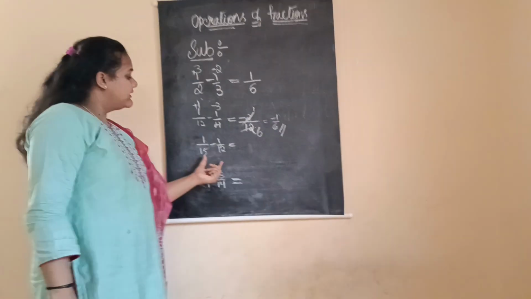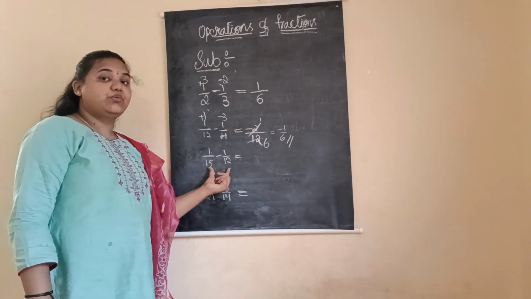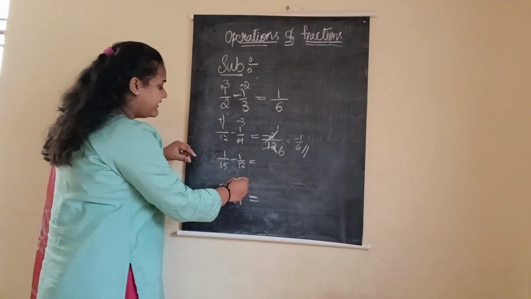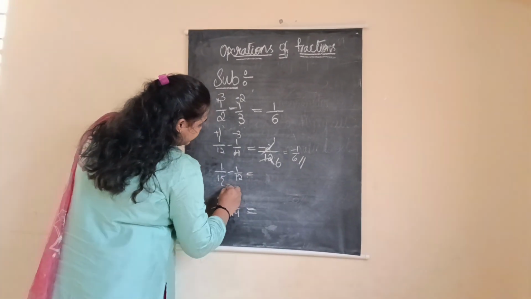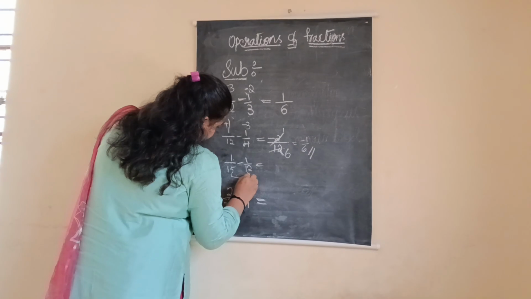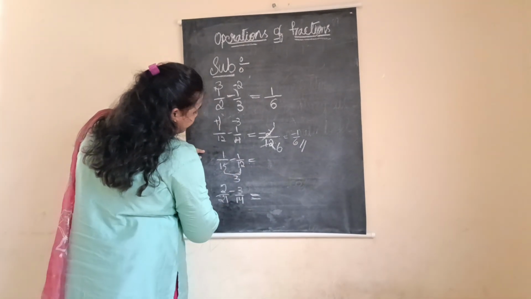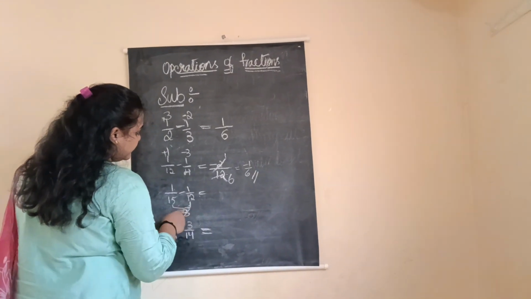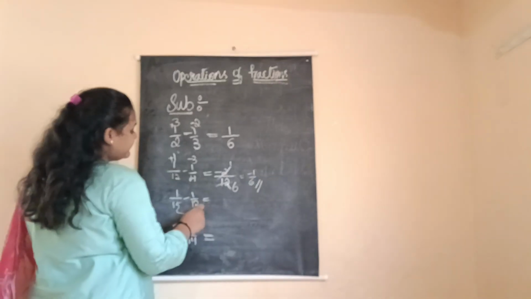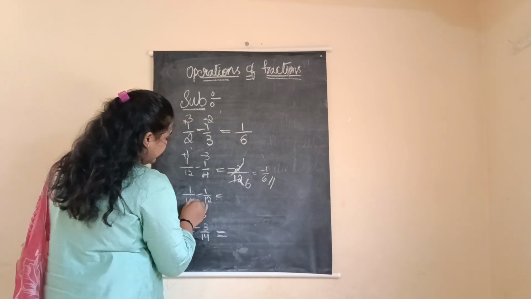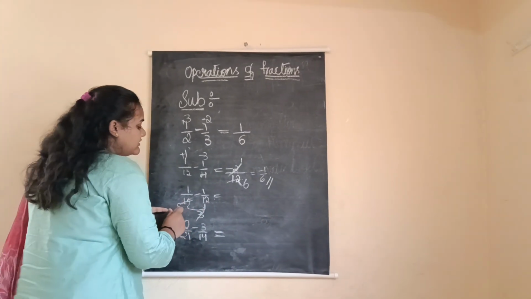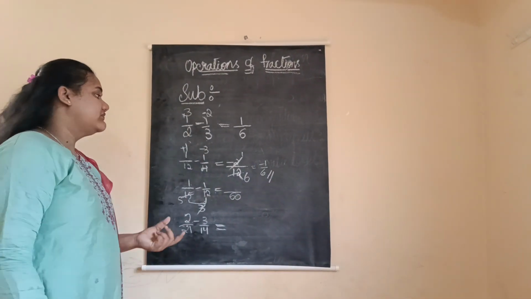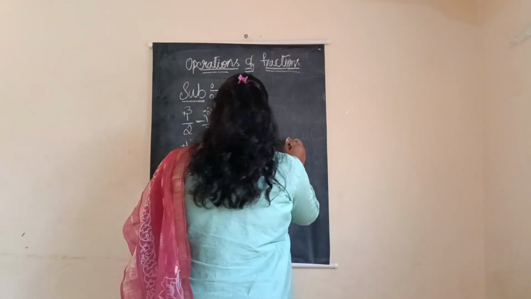Here they are related, but neither is divisible by the other, yet they have a relationship. The relationship is 3. I'm saying it in the simplest and easiest form. So 3 is common for both. 3 5s are 15 and 3 4s are 12. So 12 5s are 60. So the LCM is 60. If you have any doubt, I will solve it and show it.